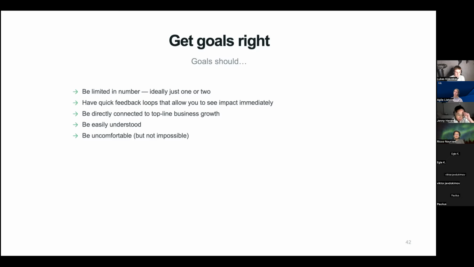Think about how your OKR can be connected to some top-line business growth. This is where what we do on product in terms of offering our experiences, our services, really connect to the business. We want to make that connection to the degree that we are capable of seeing that happen.